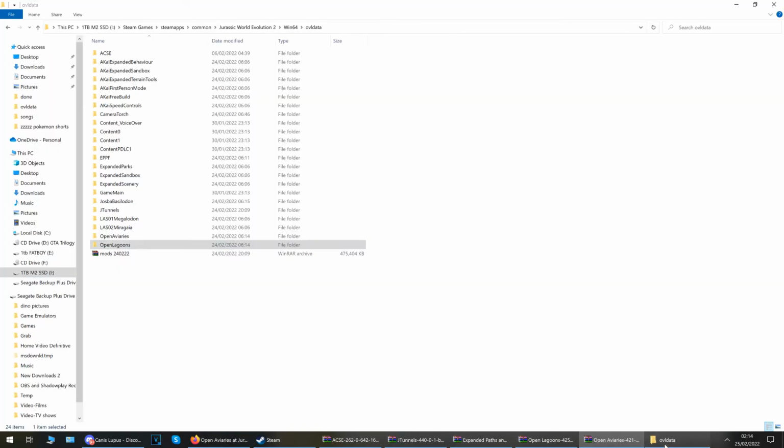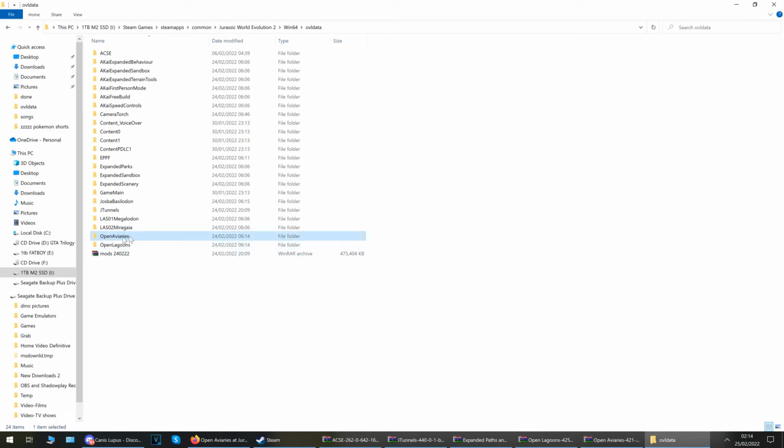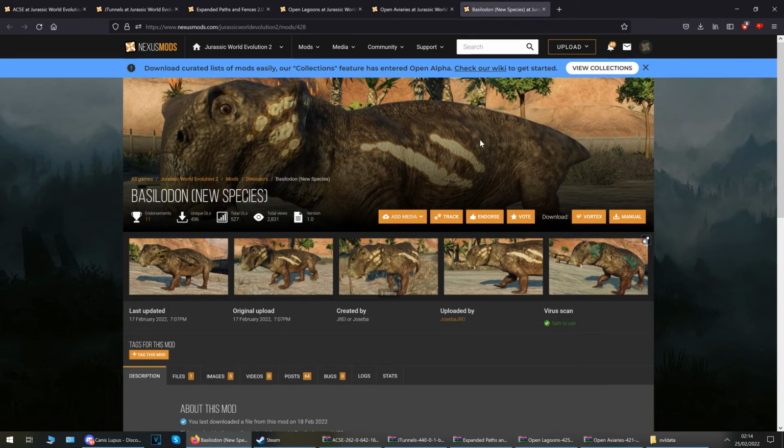So just go to your OVL data folder. We have Open Aviaries and just drop that in. I'm not going to drop it in, of course, but that's where it needs to go. So it looks like that in your OVL data folder, Open Aviaries. Awesome stuff, right? And we also have the Basilodon,